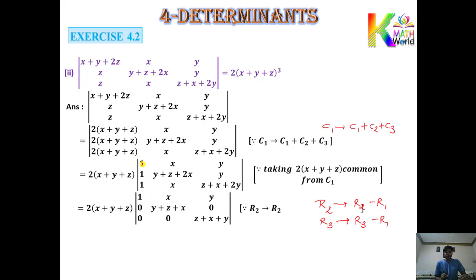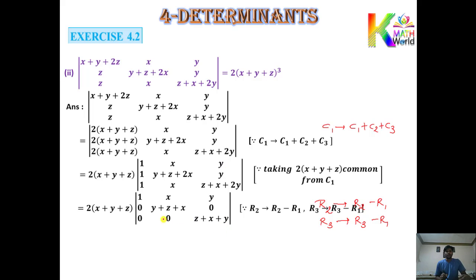Okay, so see it. Now you can see 1 minus 1, here you got 0. This x got subtracted here, so twice x minus x, so here it will occur y plus z plus x. This y being subtracted here, so y minus y, so you got 0 here. Same way, the first row being subtracted from the last row. So 1 minus 1, that will be 0. This x being subtracted here, so x minus x, so 0. Then this y subtracted here, so 2y minus y, so you got y here.